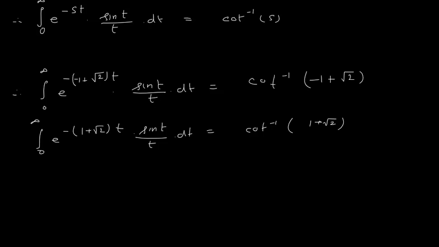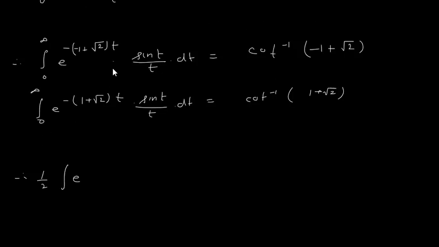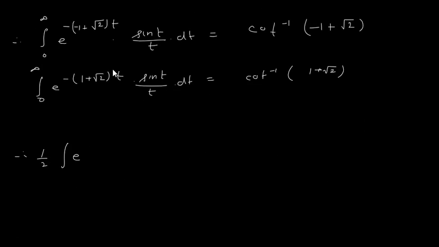Therefore we have 1 upon 2 integration of e power minus of minus 1 plus root 2 t minus e power minus of 1 plus root 2 t into sin t upon t dt